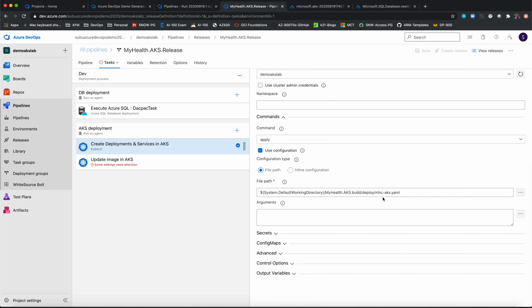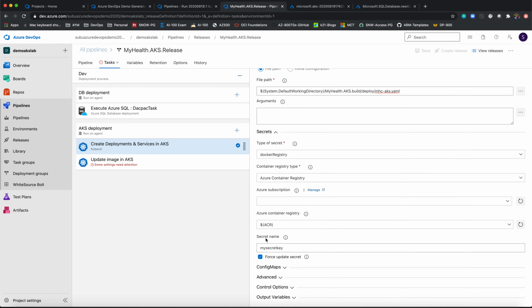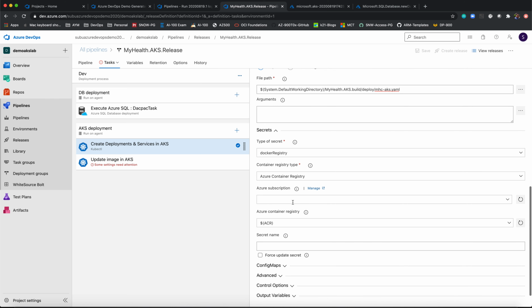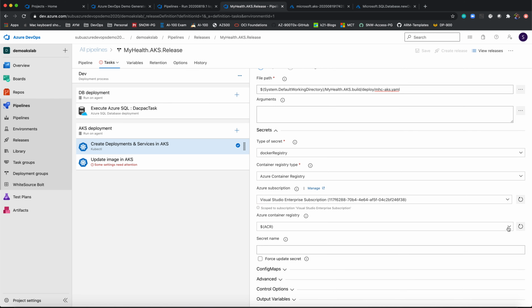And then here I just need to map it to my deployment.yaml file which I showed you in the repository. And under secrets, if you see, I don't have any Docker container secrets. So I'm just removing these secrets. I don't have a secret name. I'm removing it, and then here I just need to give a subscription name, and my ACR name is Demo AKS Lab. Okay, because from here only it is going to take it as my image.